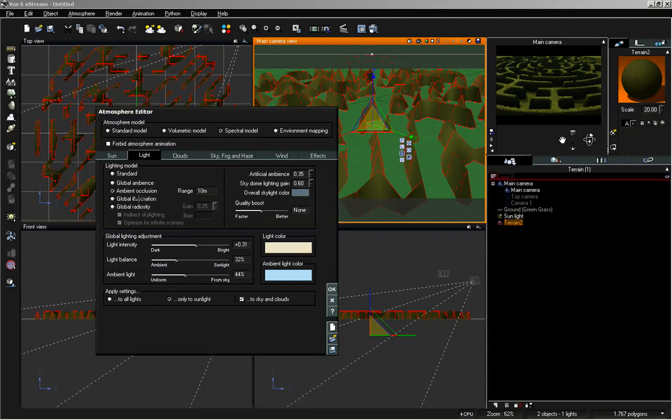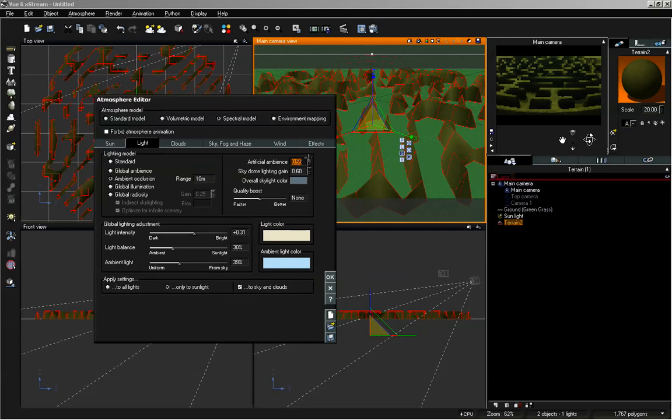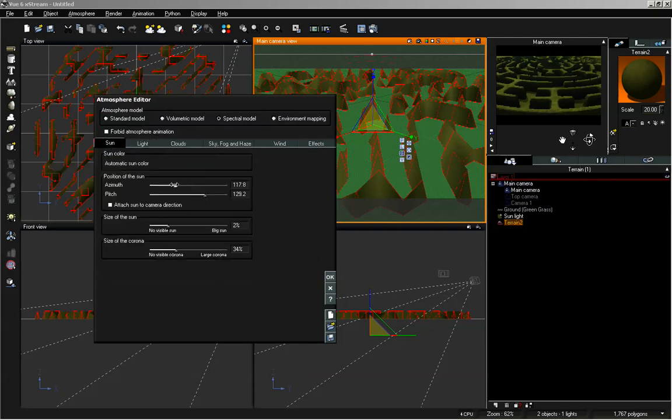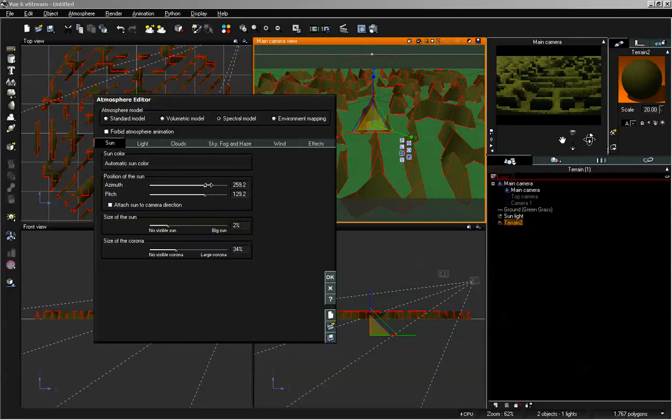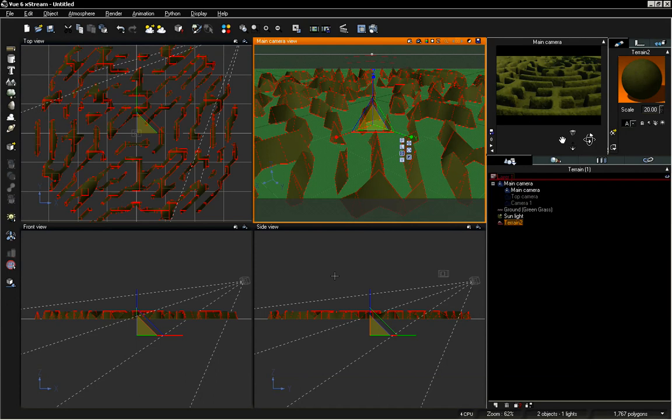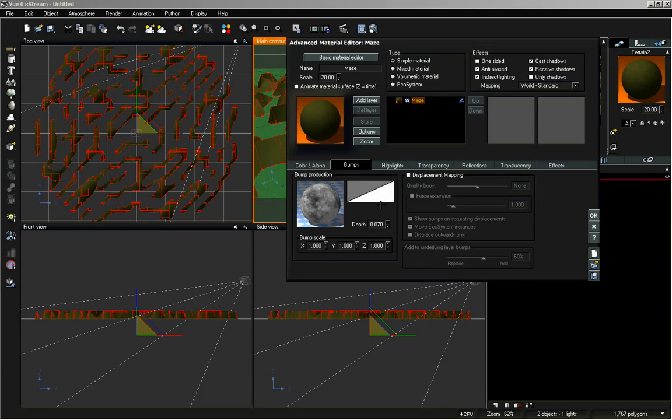And I'm also using ambient occlusion right now. I could turn on global illumination or use radiosity to really light up those areas in the center. And we could also get a much quicker render with global ambience. And then we can increase our artificial ambience a little to lighten up some of those areas. But I'm just going to adjust the azimuth a bit, and that looks a little better. We'll go back into our terrain, bring that to 0.5,